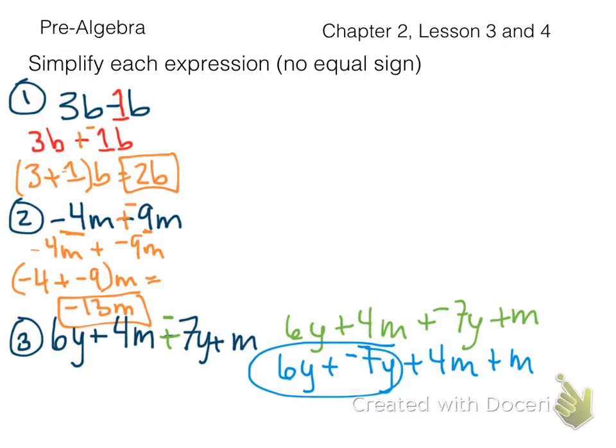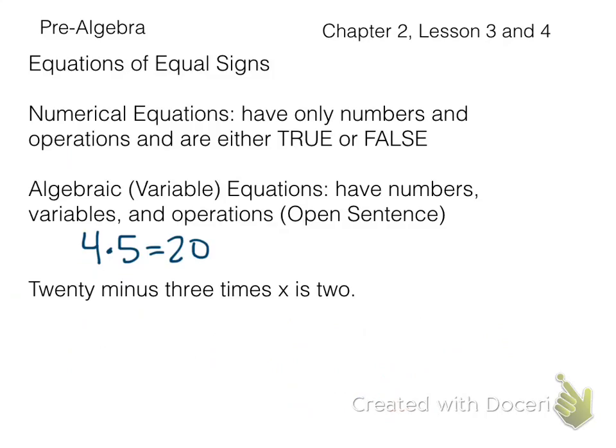And 6y plus negative 7y is going to give me negative 1y plus 4m plus m, remember there's an invisible 1 in there, he's just invisible, is going to give me 5m. And that's as simplified as I get, because y and m are not the same variable, which means I cannot add or subtract them, because they are not like terms. All right, next up,